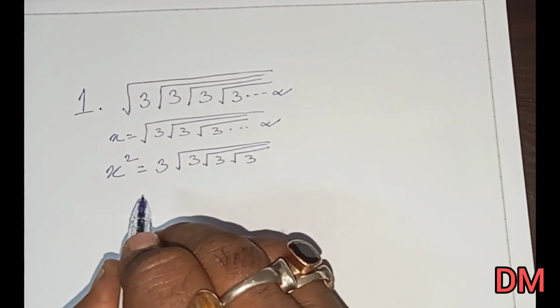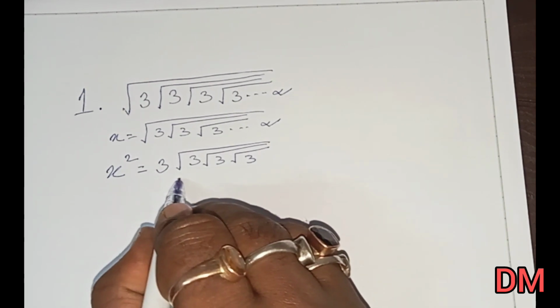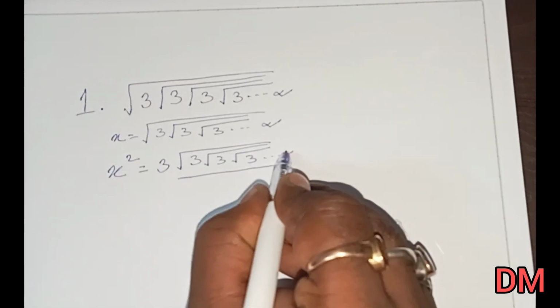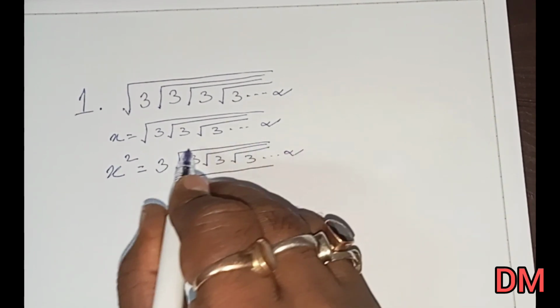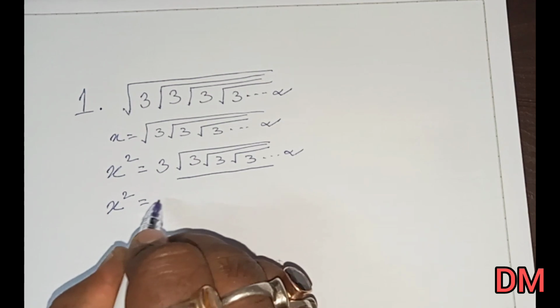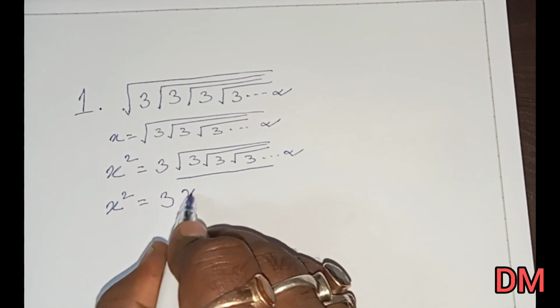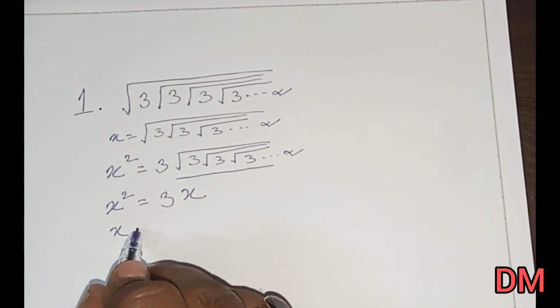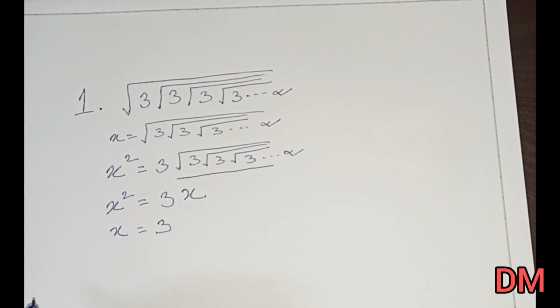Likewise, now look at this part. This is equal to x. So what can we write? x square equals thrice of x, and x equals 3. So from such a problem